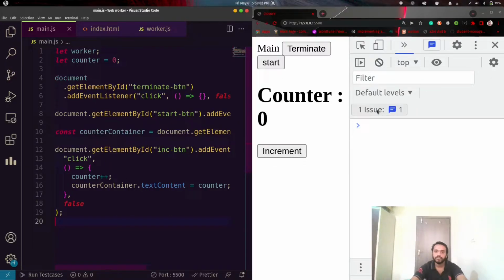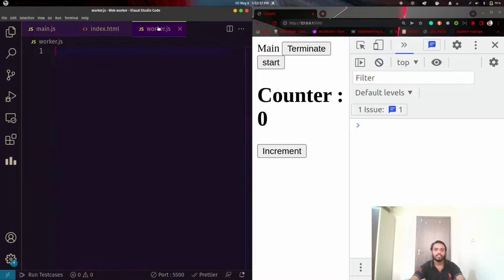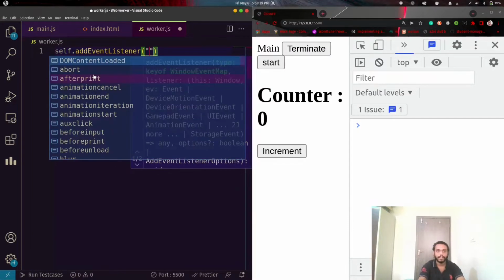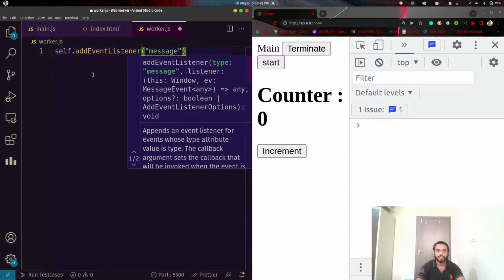Here I am going to run one more CPU intensive task parallel to this counter operation, which is counting numbers. So how can we do that? We have one more script which runs in a different thread. We have to add an event listener to it, like message.